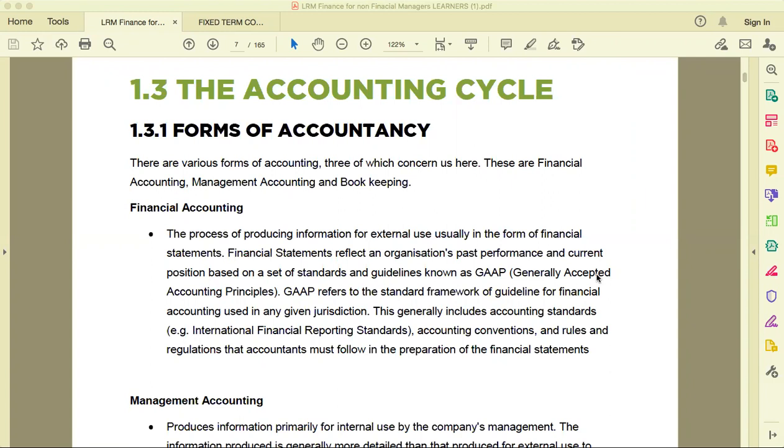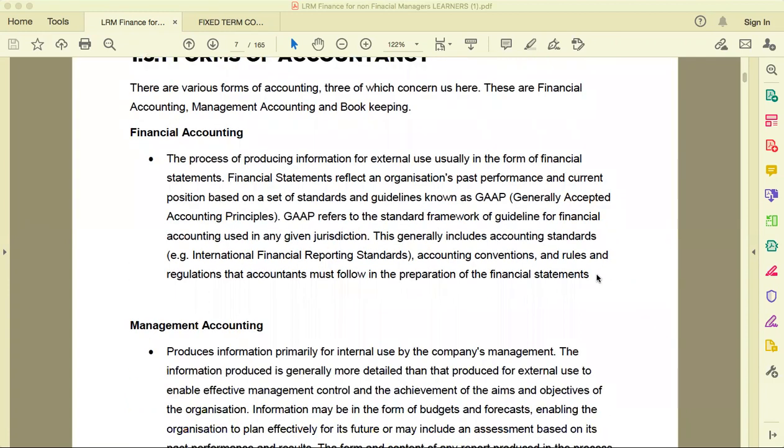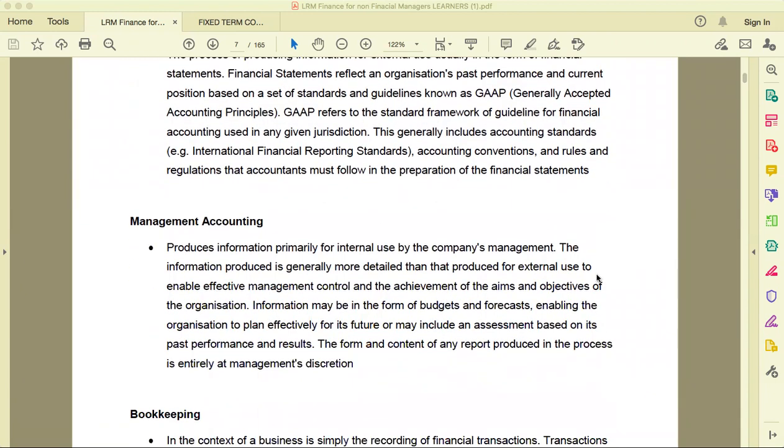We have to record transactions. Then we put transactions into what we call journals. Then those journals turn into financial statements. And we need to follow what the rest of the world is doing in terms of how to capture those specific transactions so that we know that our financial statements are right. That is financial accounting. Then management accounting is taking all that information that we got out of our financials and